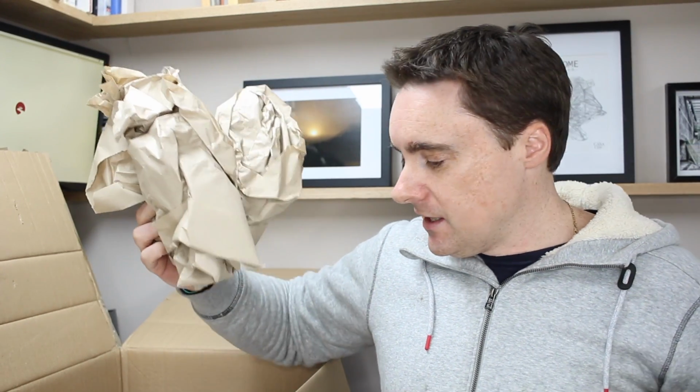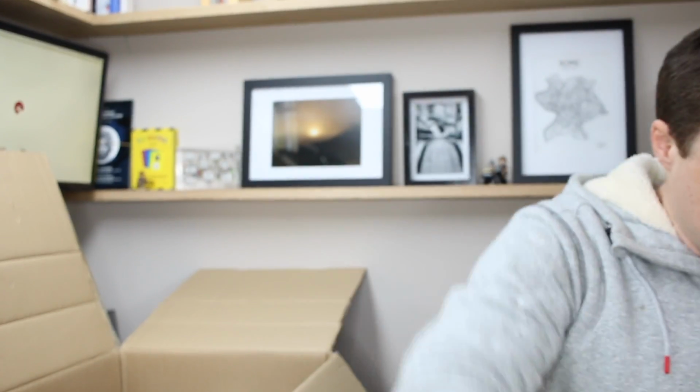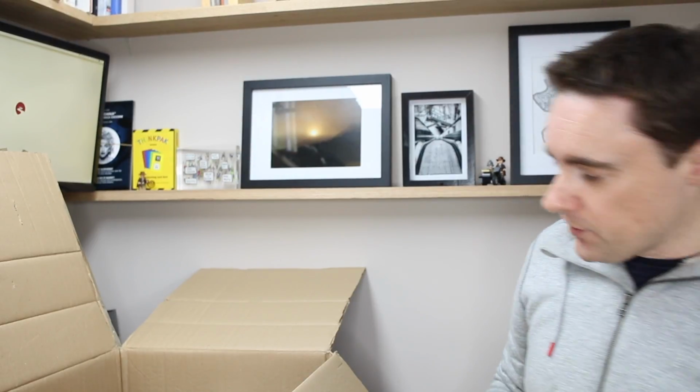A lot of paper. Okay, this is how Amazon sends their parcels, isn't it, with this paper, which is great in some respects. It's cheap, it's biodegradable, but it's brown and it's dull as dishwater and it's pretty boring. But still, let's throw that away. Oh,